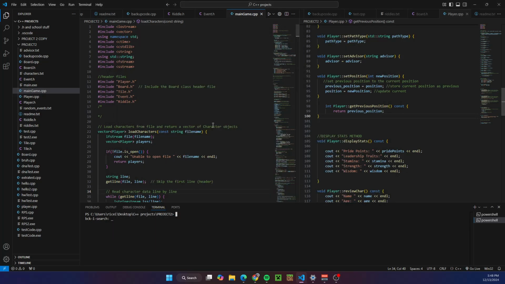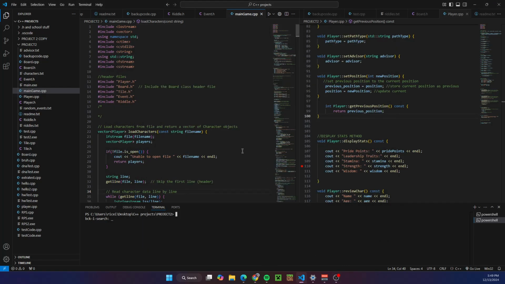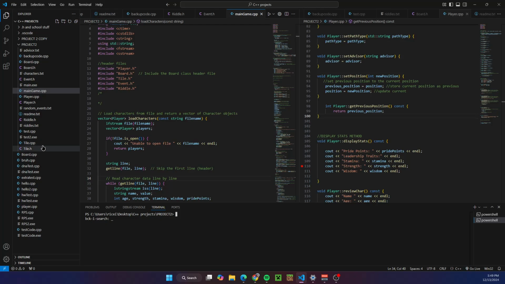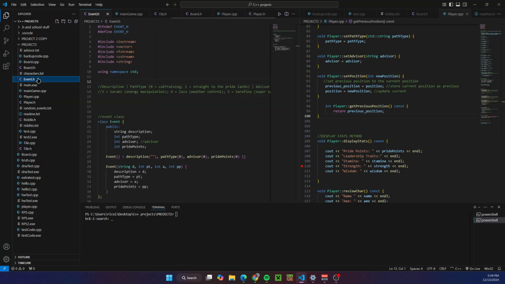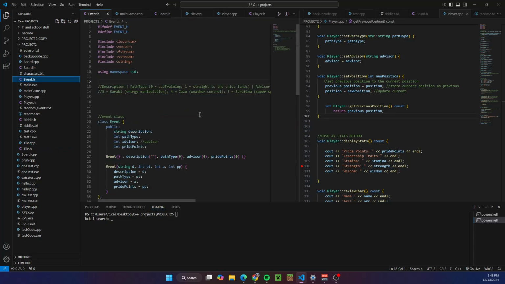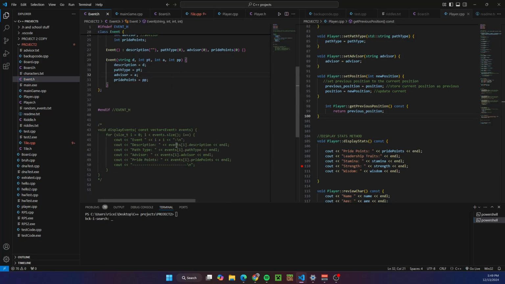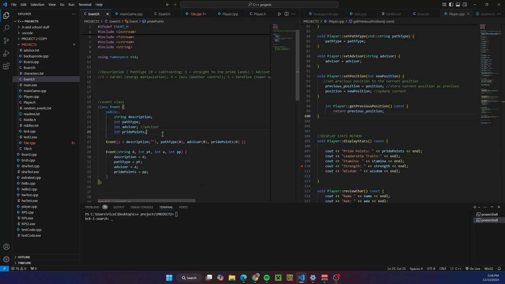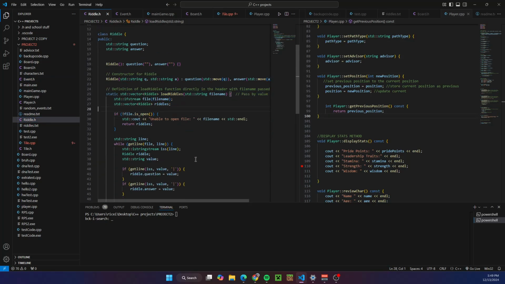Okay. This is my code for the presentation for the project. My idea was I created a few header files, mainly for the player, riddle, and event. The board and tile were already given to me, so I made one for the event, put a default constructor, and then just set a few things like the advisor path type. For the riddle, I did the same thing: a default constructor, a parameterized one, and then